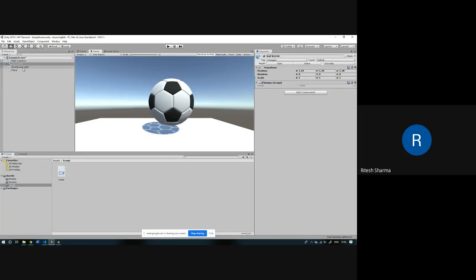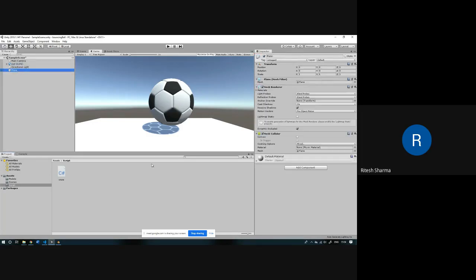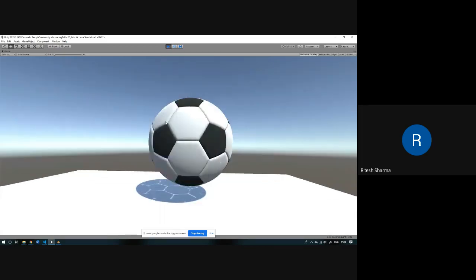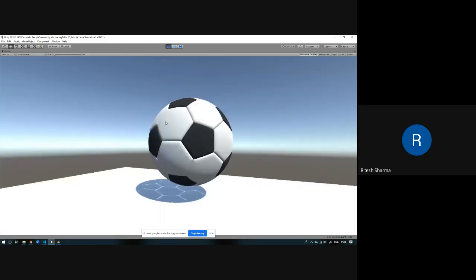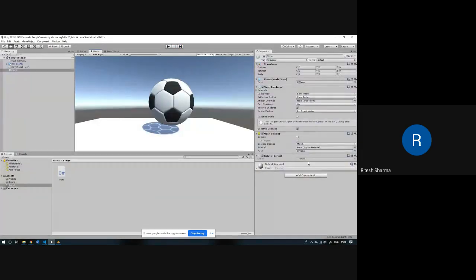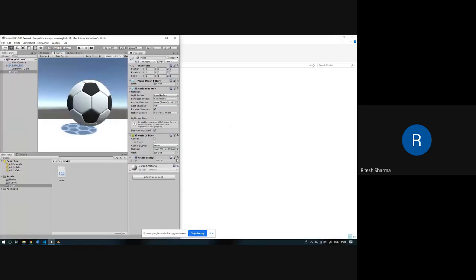If I accidentally drag and drop it on the plane, I'll show you what will happen. Now you can see even the ground is rotating. We don't want that. Ground is fixed, right? So we would not want to make that mistake.